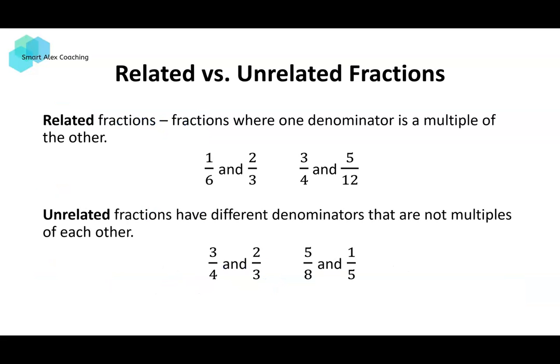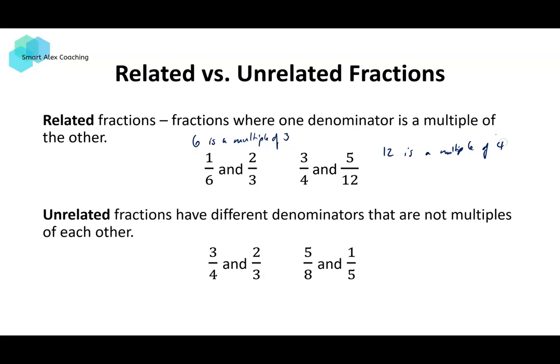Now we're going to look at related and unrelated fractions. Related fractions are fractions where one denominator is a multiple of the other. For example, 1/6 and 2/3. We see that 6 is a multiple of 3. And 3/4 and 5/12, here 12 is a multiple